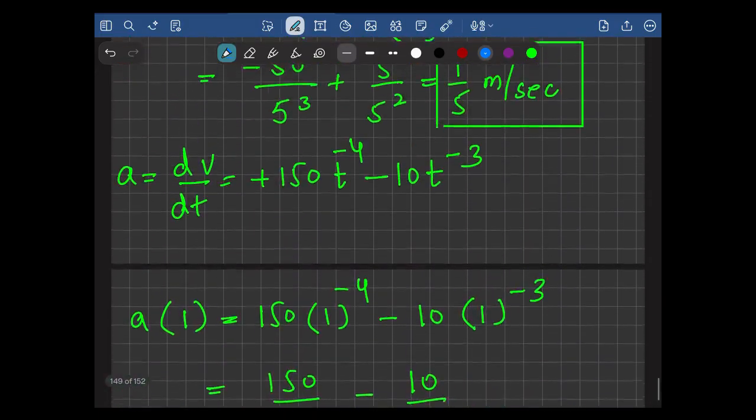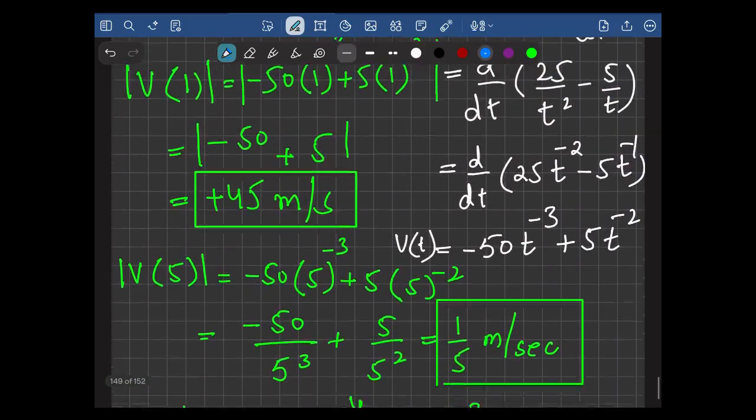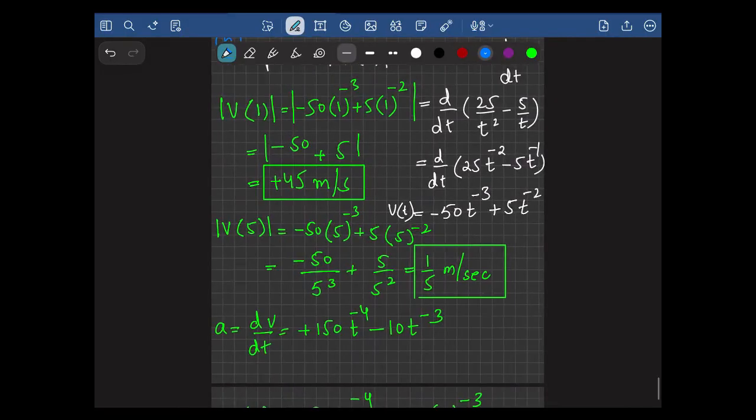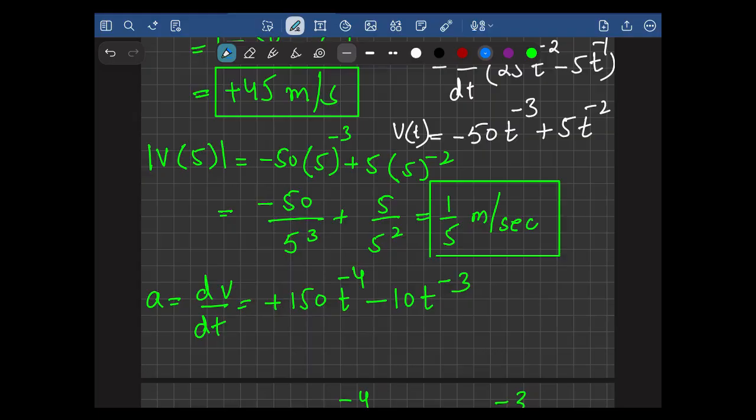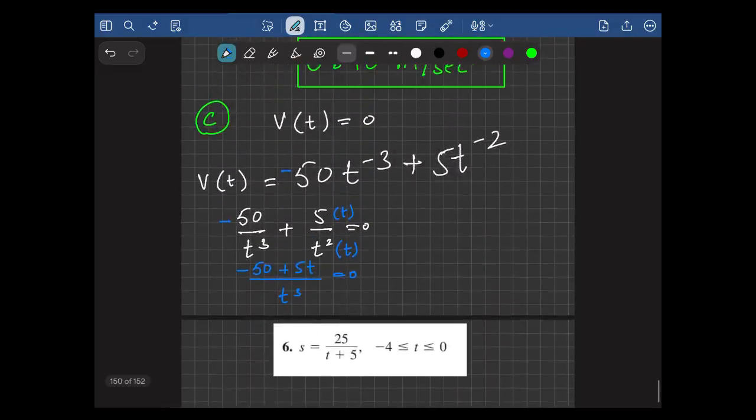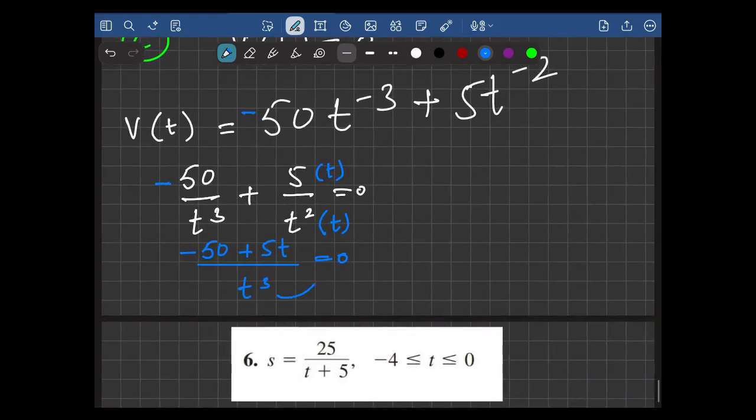Acceleration will do the same thing. 50 t raised to minus 3. Okay, so let's see if it's going to change direction or not. But before that, we need to find the value of t. So t times 0 becomes 0, and then minus 50 plus 5t equals 0. Shifting 50 to the opposite side, 5t equals 50, or t becomes 50 over 5, which is 10. So at t equals 10,